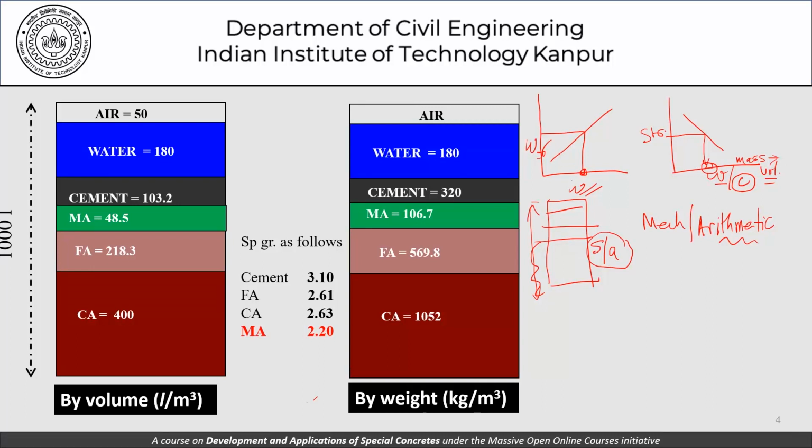So we used the story of the crow to say that as far as the pitcher is concerned, the absolute volume of all the constituents must total to 1000 liters or a cubic meter. Now that principle is pretty much inviolate, and we have to stick to that principle as far as self-compacting concretes are concerned, except that we may not be able to stick to this algorithm, and that's what we will see as we go along in our discussion today.